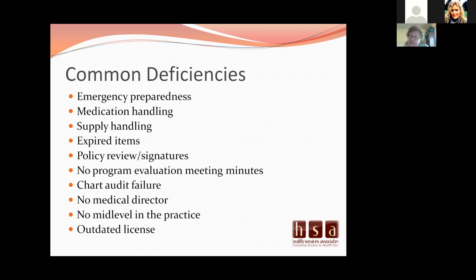Supply handling: if they go in and they see a sterile suture kit and the scissors are out and the rest of the flap is still sitting on the container, it is no longer considered sterile, and you can actually get a deficiency for it sitting there because you haven't disposed of it. Supplies, including member supplies, have expiration dates. And I know a few years ago I was really surprised and really hammered about the wood tongue depressors having an expiration date. But make sure you're checking that.